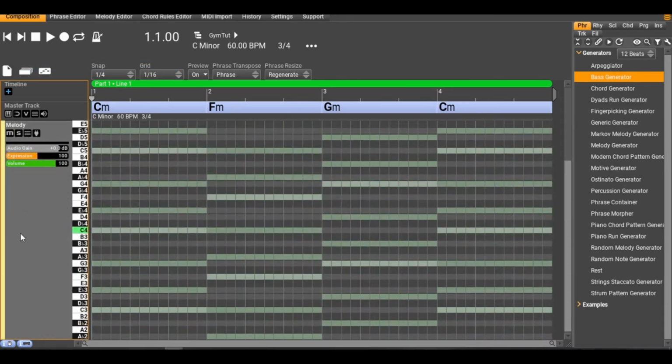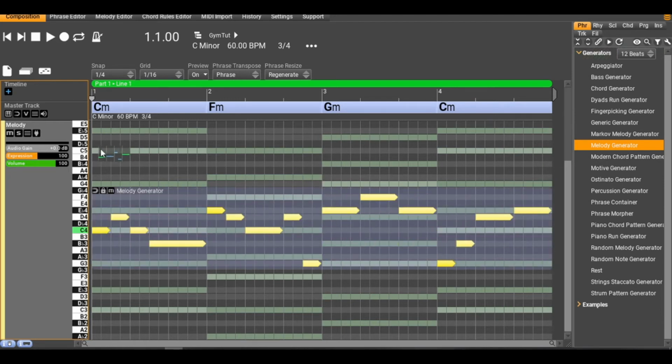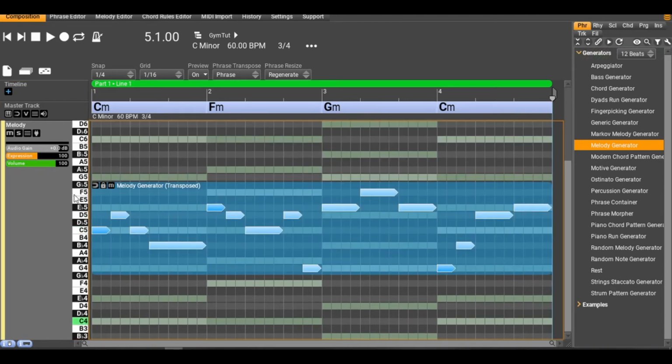We're now going to have a look at the melody, and again in this case I know what I want the melody rhythm to sound like, because I want to try and emulate the original piece of music. And in this particular style, the first note of the first bar is a rest note, followed by 2 quarter notes, and then the second and third bars are each 3 quarter notes, and the fourth bar is a whole note. So let's just have a listen to this. Here's the melody generator,